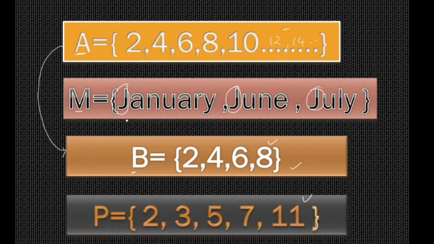One more thing you might have noticed is that we have put it in a flower bracket, that is, curly bracket we call it. The set elements, that means these numbers, are called our members, objects or elements. They have to be separated with commas. This is a basic requirement, and they have to be put in the curly bracket. Do make a note, round bracket, square bracket or any other type of bracket will not be taken as a set. So it should be enclosed in curly bracket or flower bracket.